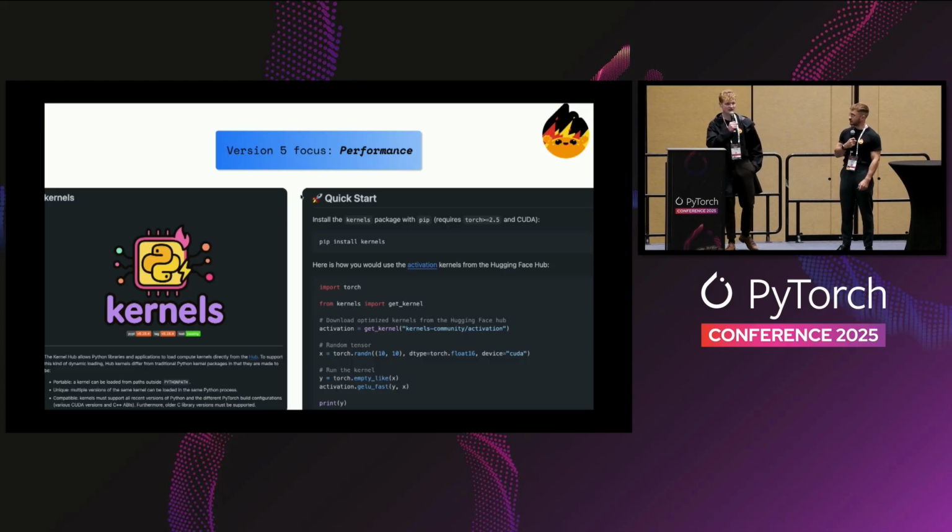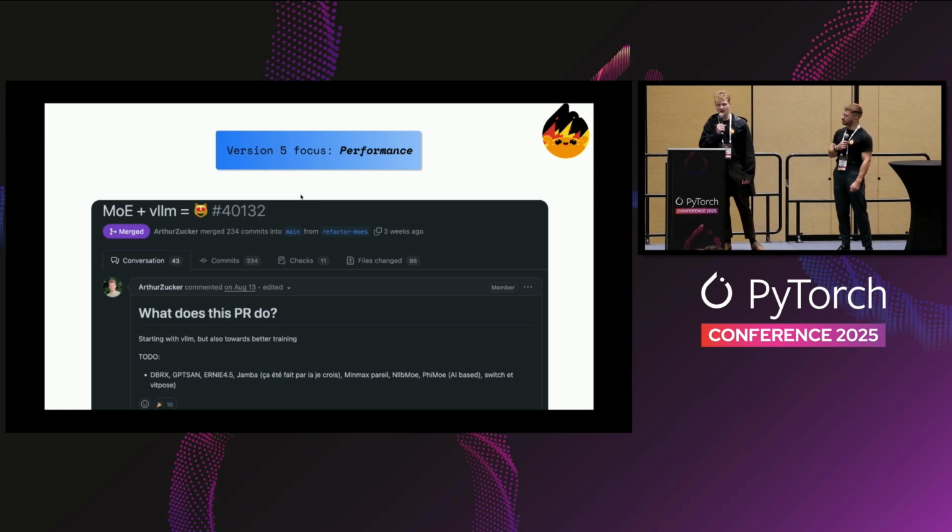And for anyone who has been having issues downloading and installing Flash Attention 2, I think there were a lot of memes on Twitter about that, this kind of solves the issue because it just downloads something that's ready and that works for you. And we've been defaulting to that if you don't have Flash Attention installed in Transformers but you still want to use it. And it's working very well.